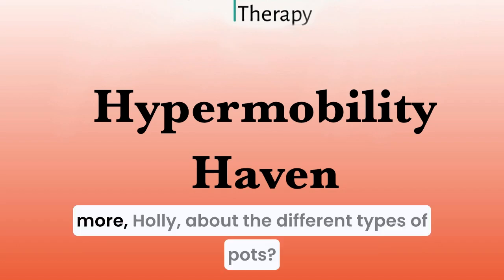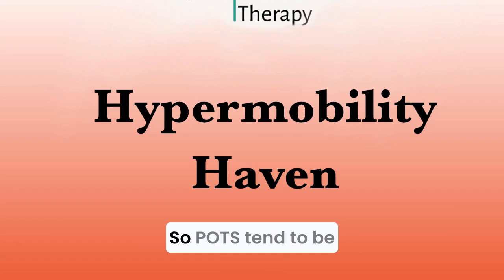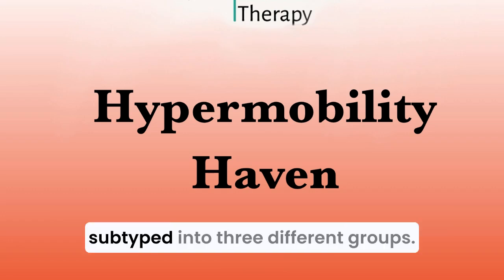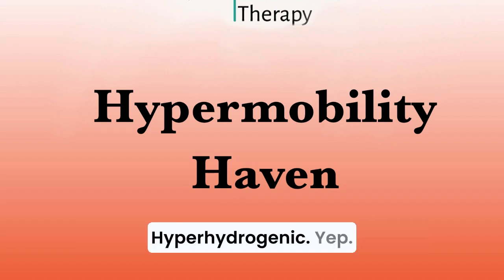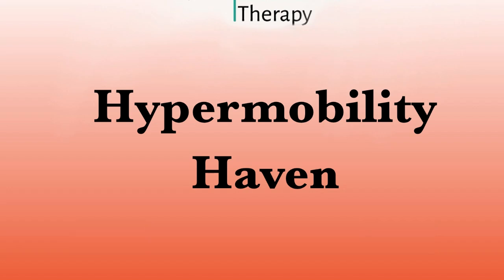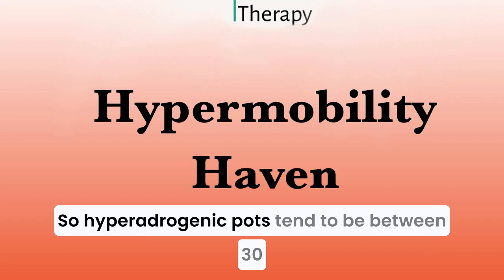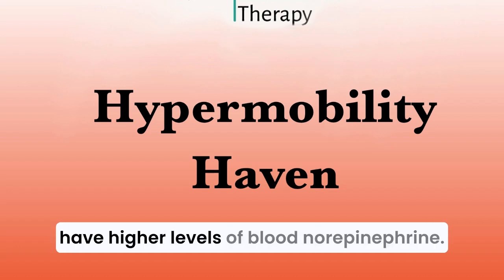So can you talk to me a bit more, Holly, about the different types of POTS? Because I think there's a few different categories, aren't there? There is. POTS tends to be subtyped into 3 different groups. You're going to have to help me say this. Hyperadrenergic? Yep. Hyperadrenergic POTS, hypovolemic POTS, and neuropathic POTS. So hyperadrenergic POTS tends to be between 30 to 60% of the POTS population, and they have high levels of blood norepinephrine,